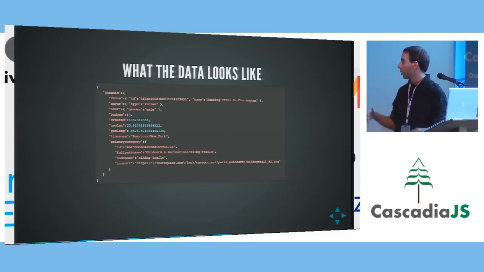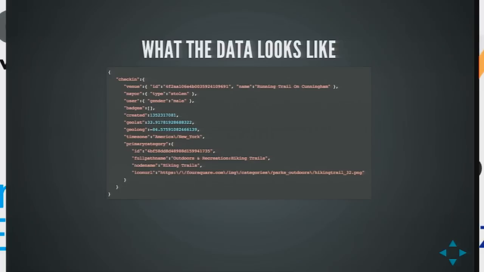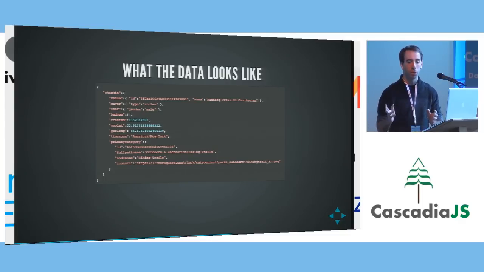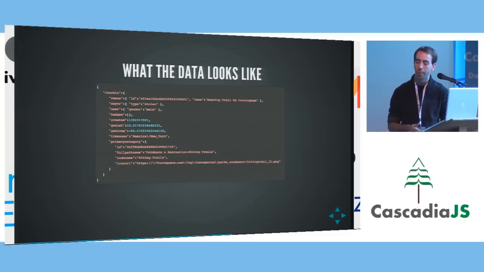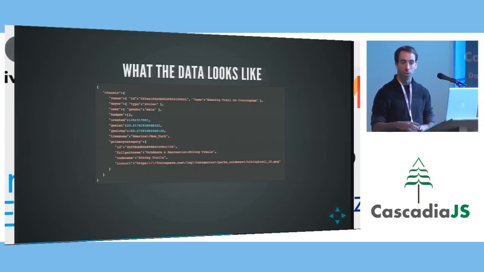So in this case, and it's going to be hard to see, and you can look online later, one project that we did at the Splunk Dev Platform office in Seattle is we partnered with Foursquare, and we got the Foursquare fire hose. Foursquare has about 6 million check-ins a day now. That's about 6 to 8 gigs of data a day. And this is what a check-in looks like. It's totally anonymized. We don't even have user IDs. We can't even group by user. So we know which venue people checked into, what the gender of the person is, what the lat long is, when it was created, and the category and the time zone and things like that.